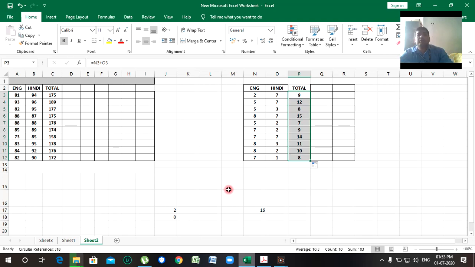Now here I am going to show you the absolute reference. In the absolute reference we fix the cell address. Here I am going to do the calculation.